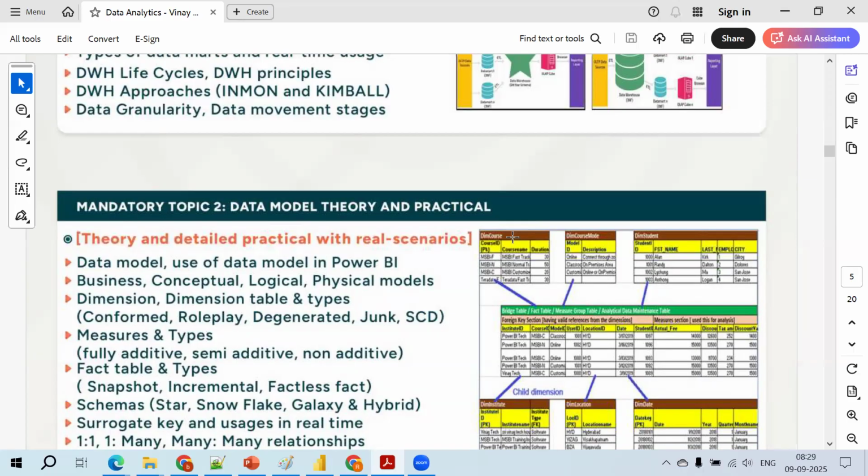What are all his roles and responsibilities? What does he do? Basically, he sits with the product owner who has complete knowledge of the product and tries to understand the data. First, he has to understand the data.